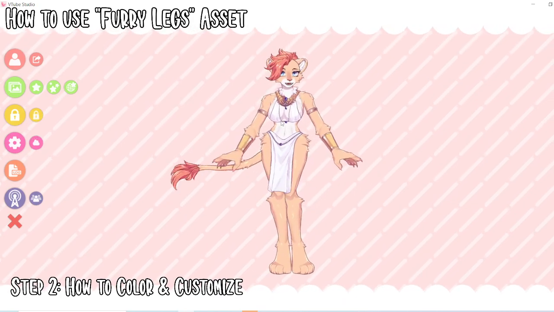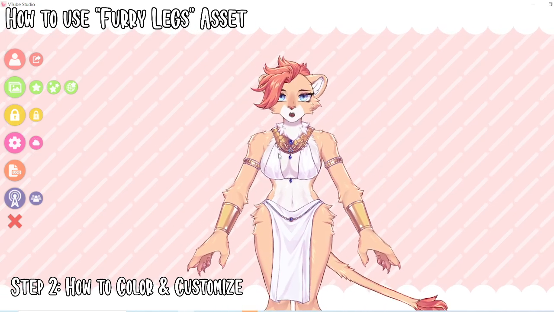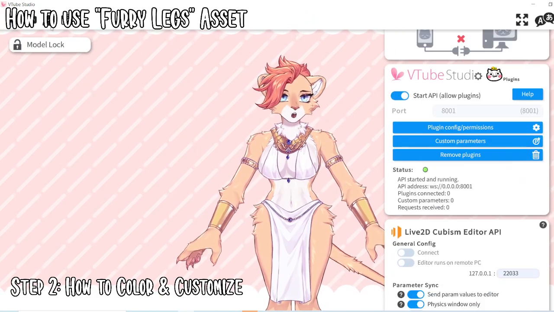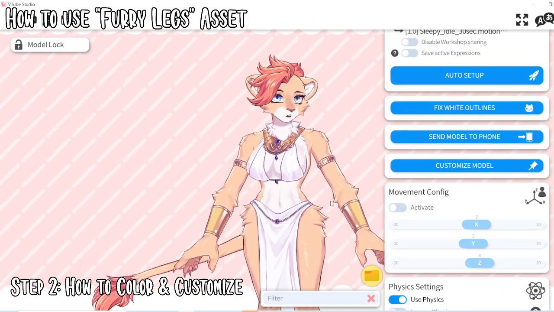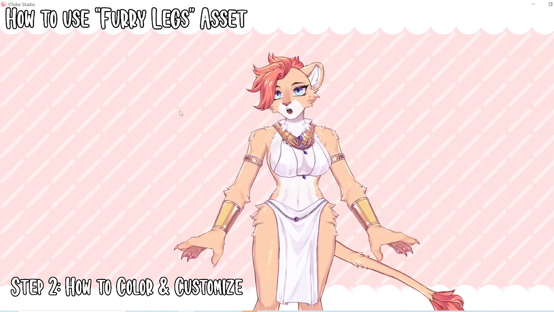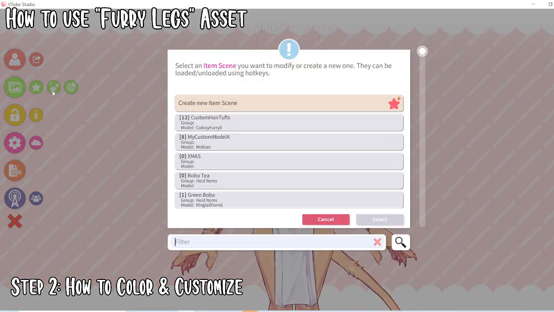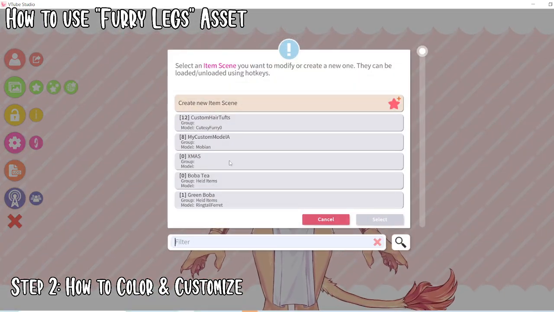Let's see, the first thing I want to do with this model is, because we're going to be using the legs, I'm going to go ahead and go into the model settings. And I'm going to turn off movement config. That way she kind of stays in one place. Next, let's go back to the items menu. And let's add